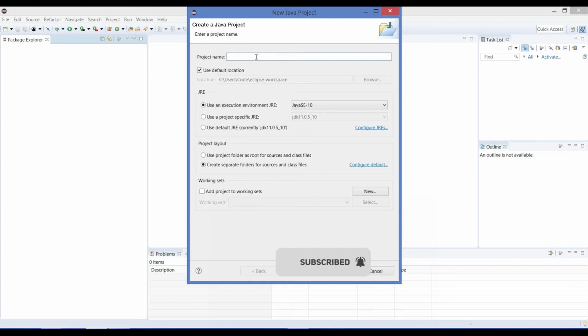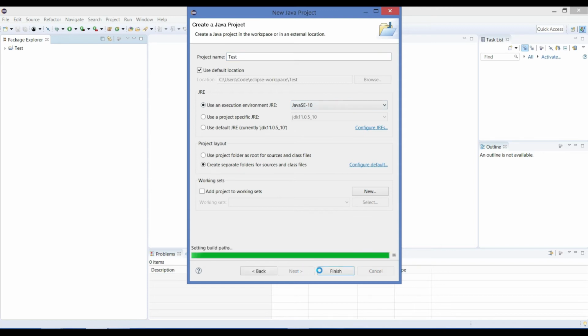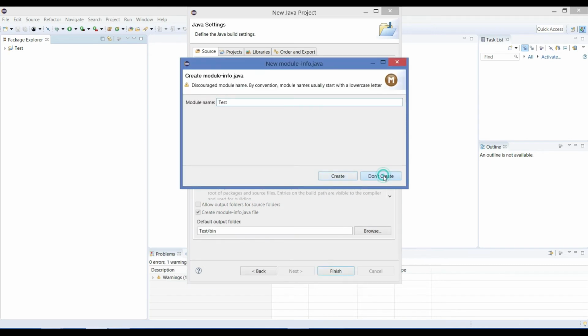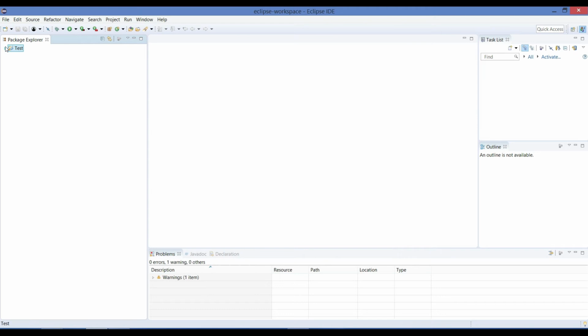It will ask you the project name, so I will give it as test. By default it will take the JRE, hit Next, finish it, don't create, and okay, it's ready.